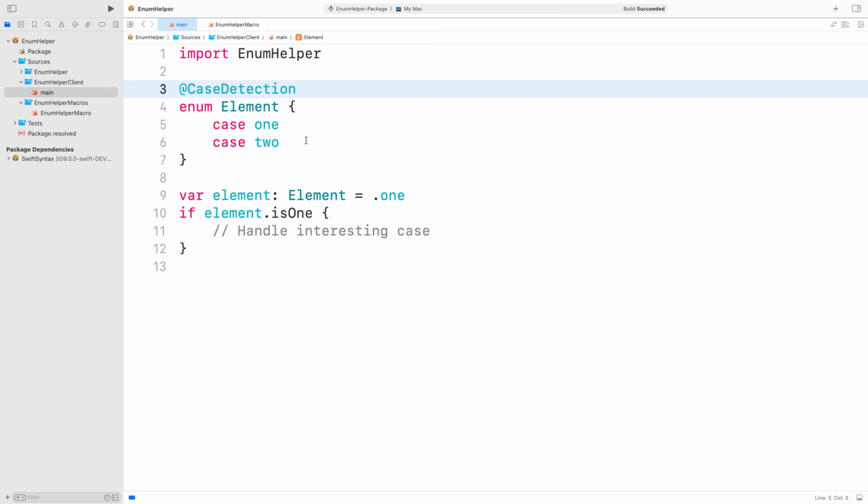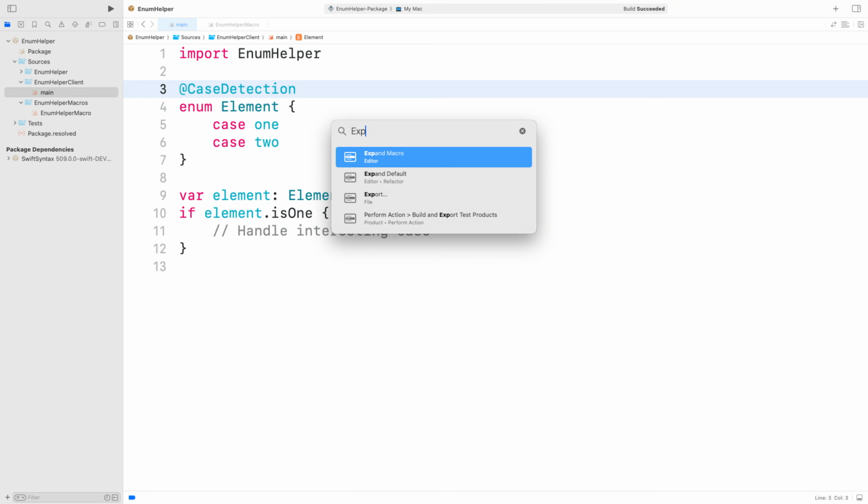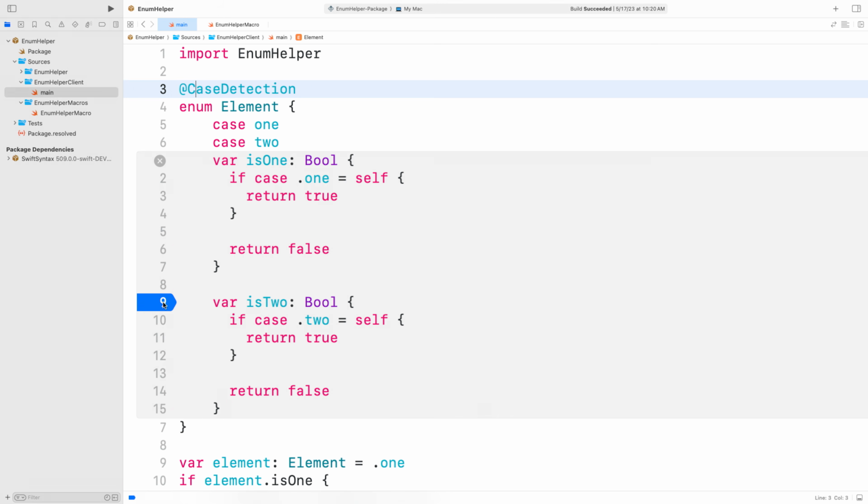The beauty of macros is that they generate normal Swift code. It wraps up and neatly tucks away the code they provide. But when you want to see what a macro is doing, or when you want to debug macro-generated code, you can expand the macro right inline with the help of Quick Actions. You can even set a breakpoint on the code inside a macro if you need to debug it.